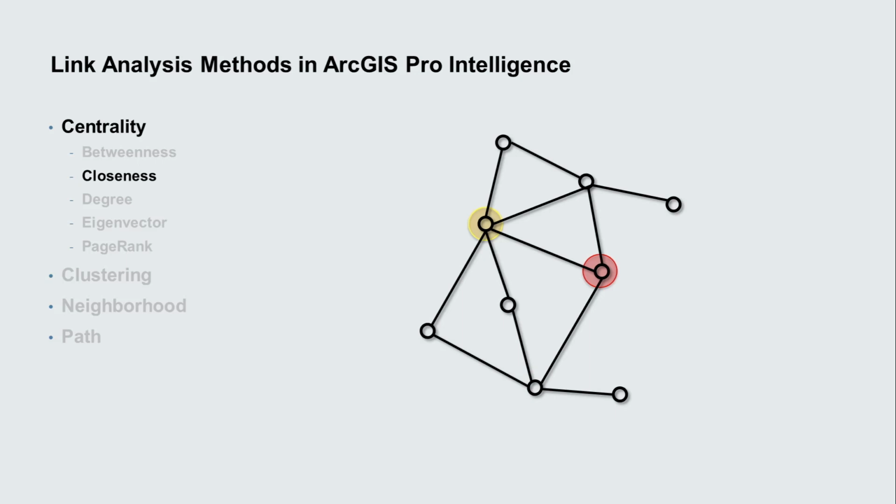Those nodes with a higher closeness score have the shortest average distance to each other in the link chart. And by distance, we mean hops between the nodes, not physical distance. Nodes with a high degree give a count of how many immediate connections a node has. It shows you who is literally most connected in the network. Eigenvector is interesting as it hypothesizes that important nodes tend to be connected to other important nodes. Eigenvector does not account for directionality, so it assumes influence flows in and flows out, while PageRank does account for